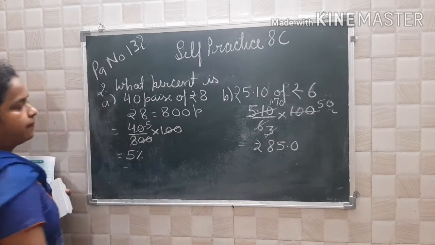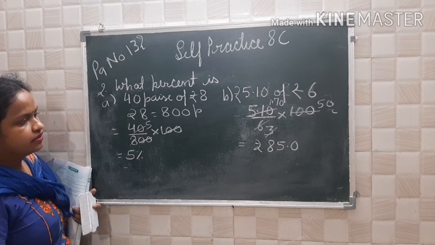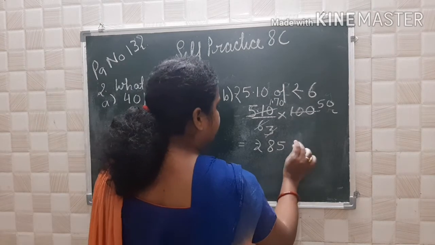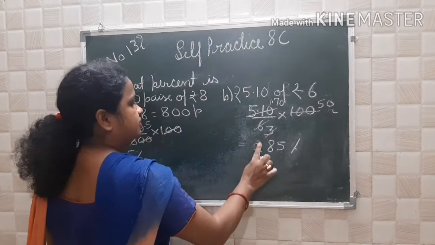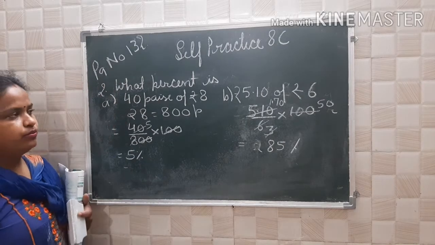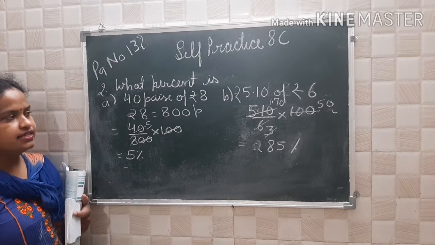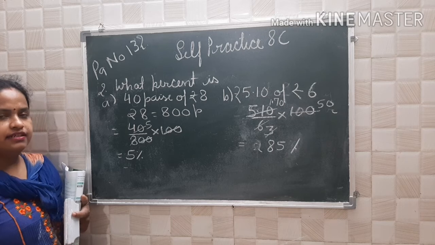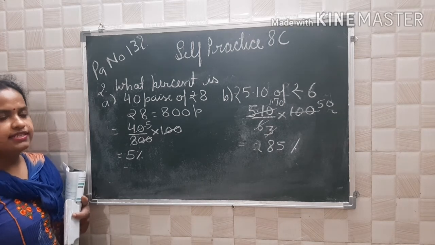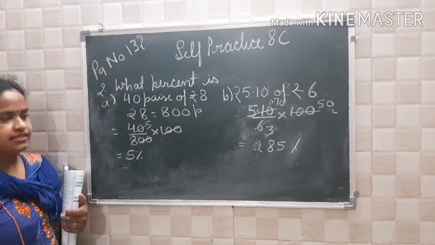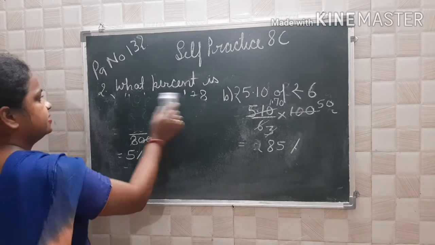Okay, how much you will have? 85%. Okay, 5.10 upon 6. So 2 3s are 6 and 2 50s are 100. 3 1s are 3 and 27 means 3 7s are 21, 1.70, 17 5s are 85. They will have 85%. Clear? Now see the C part.